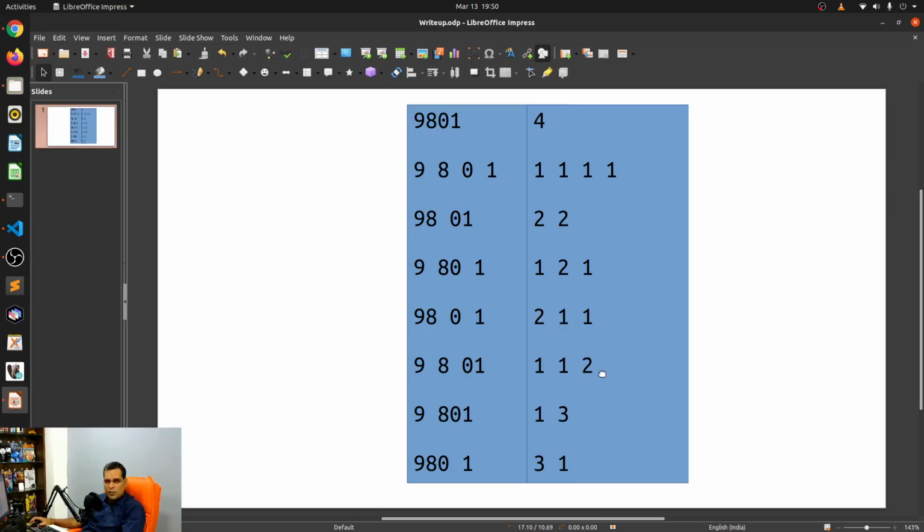Now if this looks familiar to you, then yes, it is familiar, because this is probably the same algorithm that you'll use to find how much change you need to give. Let's say the only denominations of a currency available to me are 5 paise, 10 paise, 25 paise, 50 paise, and 1 rupee. If I have to give somebody 10 rupees, how many combinations of these currencies can I give? So that's essentially what this is.